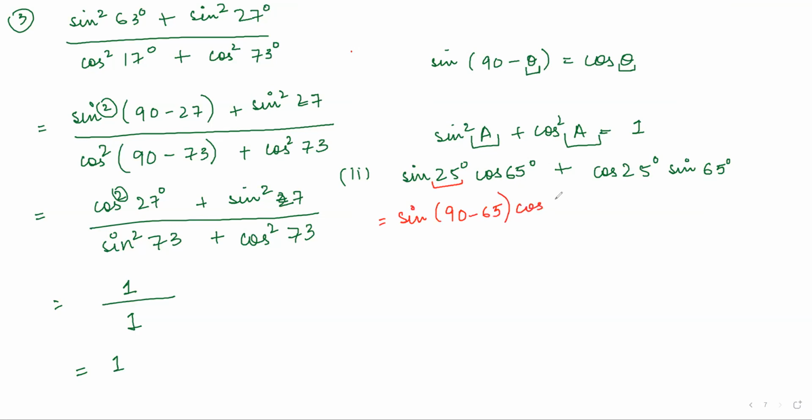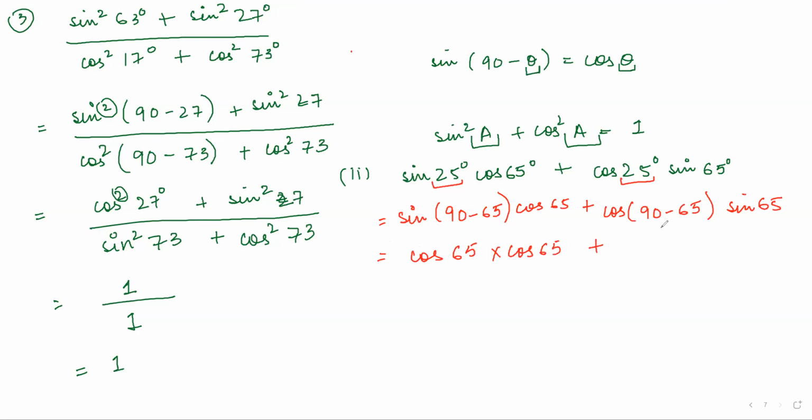And then I have cos of 65 plus. Now, similarly here, I can convert this 25. So this 25, I can write 90 minus 65. And then I have sine of 65 here because 65 plus 25 is 90. Now, sine 90 minus theta will become cos theta, right? So this will become cos of 65. And then there is one more cos of 65